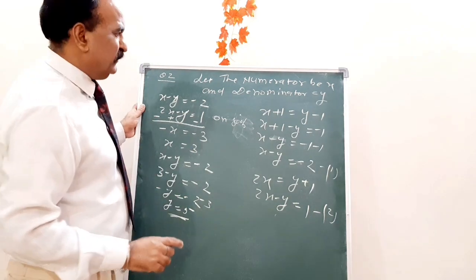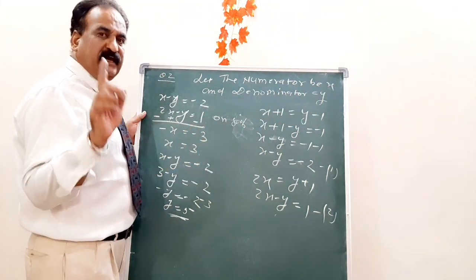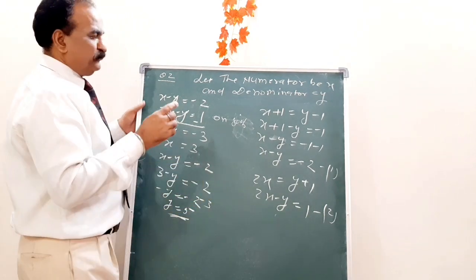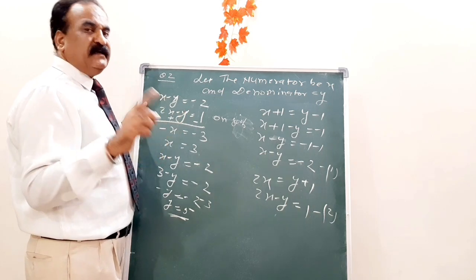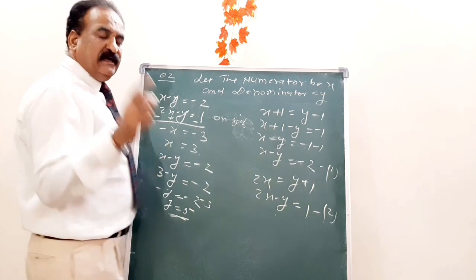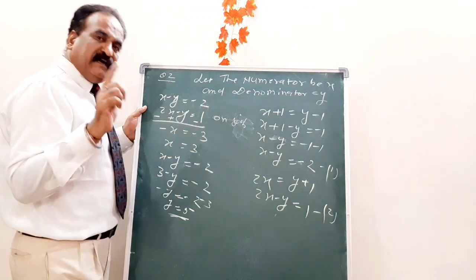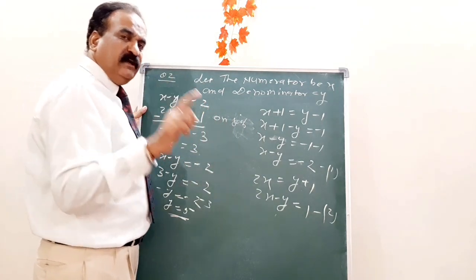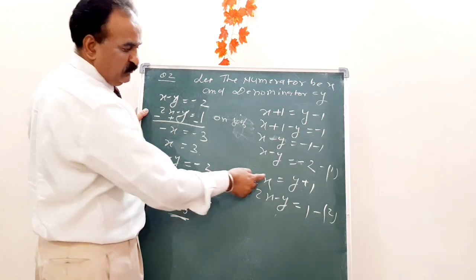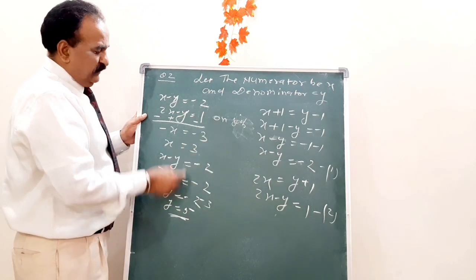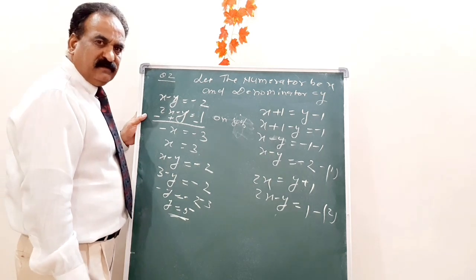Okay, again I would like to explain. Let the numerator be x and denominator be y. Then the fraction will be x upon y. According to the question, if 1 is added and 1 is subtracted from the numerator and denominator, the fraction becomes 1. It means x plus 1 upon y minus 1 is equal to 1, and you got this equation. And in second part, if 1 is added only in the denominator, it means x upon y plus 1, then the fraction becomes 1 by 2. Then you are getting this equation. After solving, x equal to 3 and y equal to 5. Then the fraction is 3 upon 5. Okay? This is the answer.